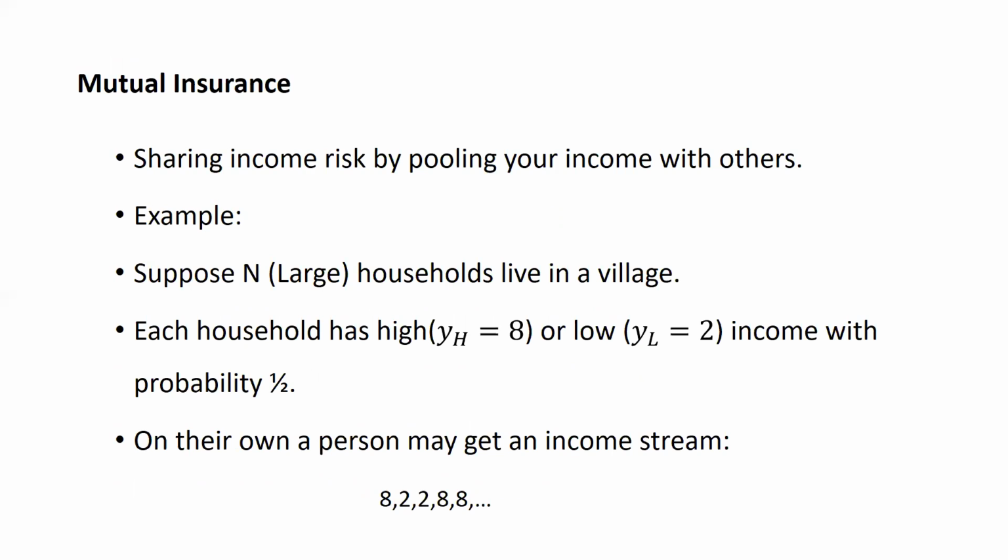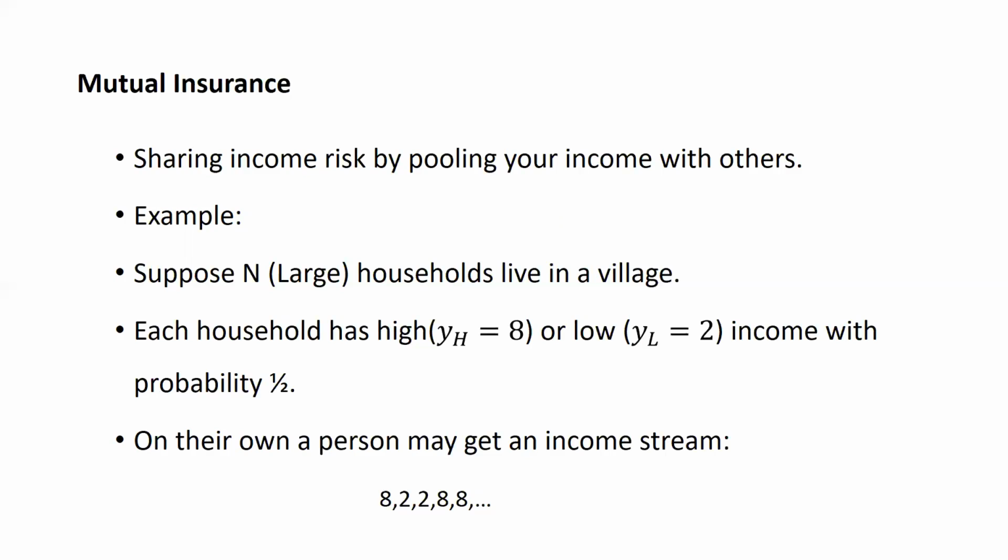Another simple way in which people have dealt with this issue of risk traditionally for many years is risk sharing among your network of family members and friends. People insure each other by pooling their income. So you share income risk by making a big pool. It's not really how it happens, but you can think of everybody putting their money in one bag, and then whatever money is in that bag gets distributed equally to everybody.